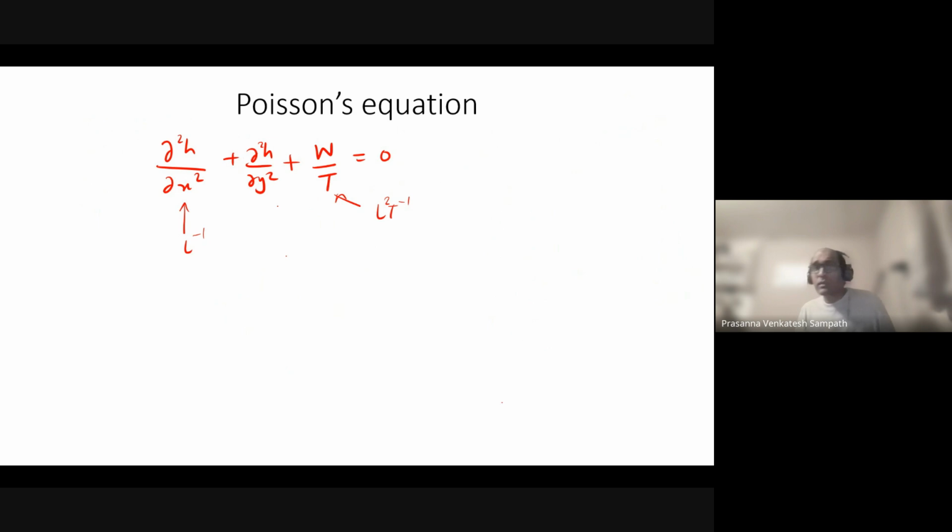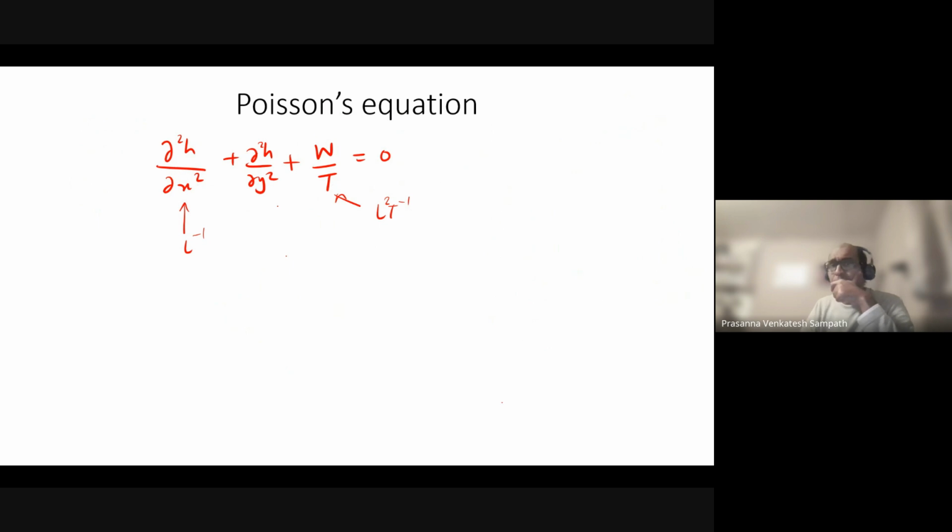So this entire term has got a dimension of L minus 1 because I have h in the numerator and x square in the denominator. So this is L divided by L square, so that's L minus 1. This term is also L minus 1. So if this term has to be L minus 1, then W should have units of,